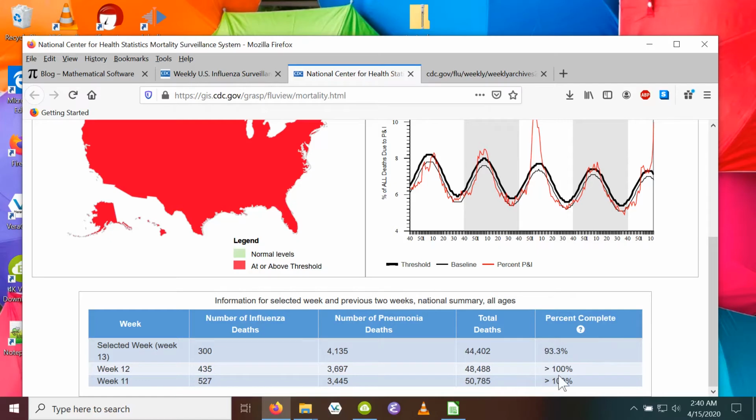Naively, you would think that these numbers would be how many they've received. It says 93.3% for week 13, and it uses this strange language of greater than 100%, greater than 100% for weeks 12 and 11. Considering that 100% means complete, it's kind of puzzling what this means. From other sources that I'm not going to go into in this video, this appears to be a model. This basically says we were expecting to receive 93.3% based on what happened in previous years. Again, it's not clear what they're doing here.